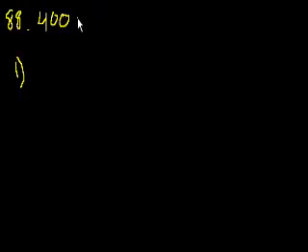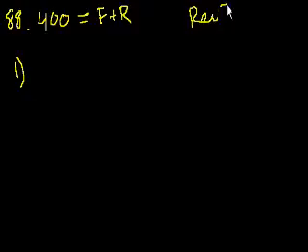So immediately we know that there were 400 tickets sold, and the number of full price tickets plus reduced price tickets is equal to 400, right? They want us to know the revenue. So we have to know how much we got for each of these tickets in order to figure it out. So, number 1, the number of tickets sold at full price,